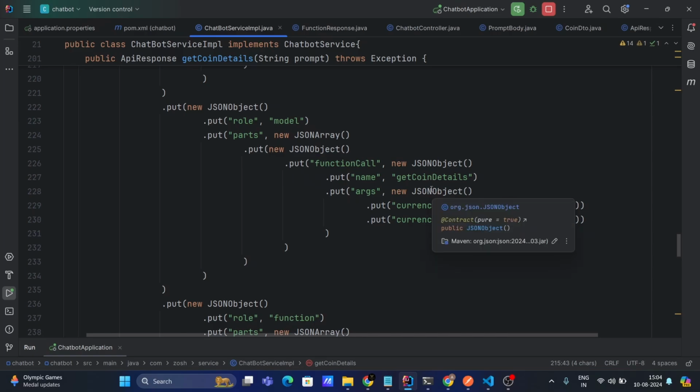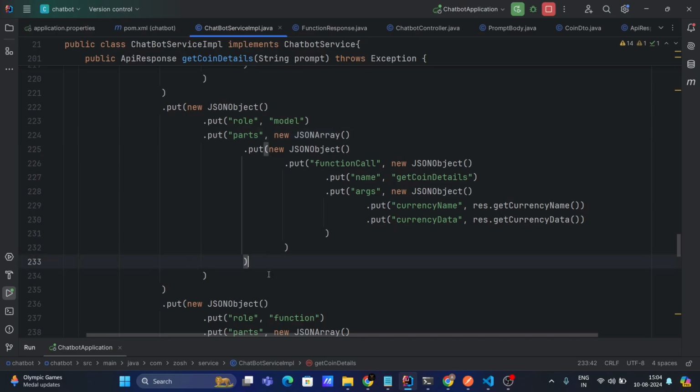But if you have more functions like get order detail or get product detail, something like that, then you can provide them here, inside that array. So yeah, here you can provide more objects as well. But for now we have only one function, so that is what we have provided inside parts. So get coin details,